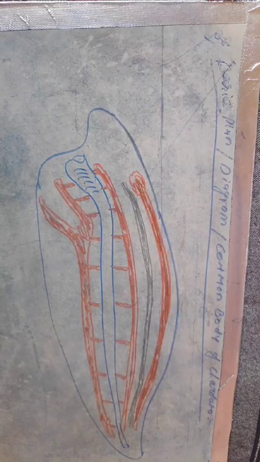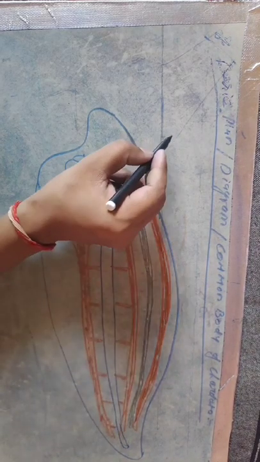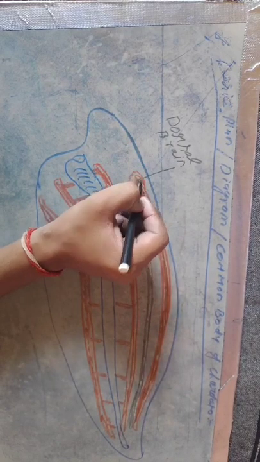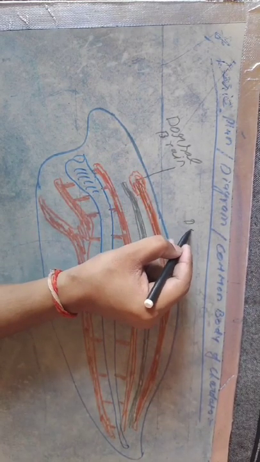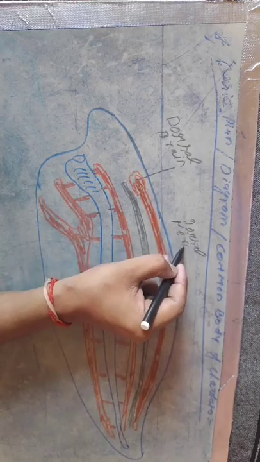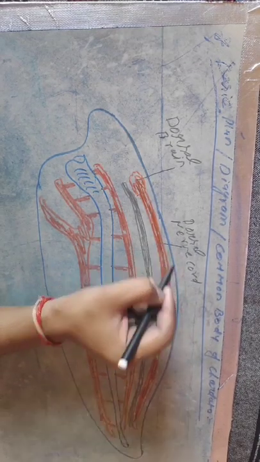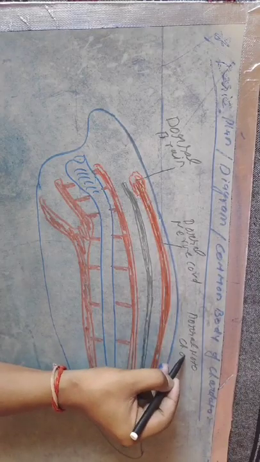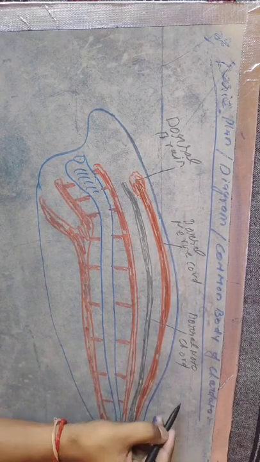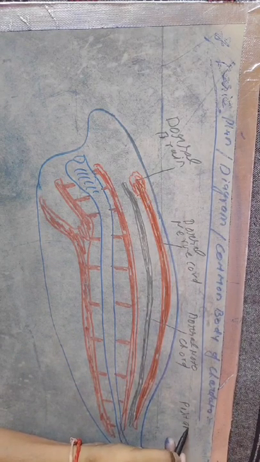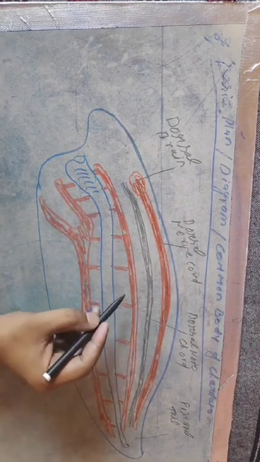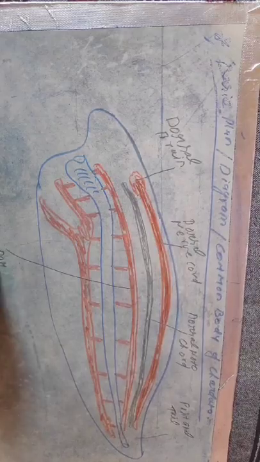So the diagram is, I think, completed, and I want to label it. The dorsal brain, but you need not write dorsal brain, only brain is enough. The dorsal nerve cord, the nerve cord associated with the dorsal brain. The dorsal notochord, an important key feature of chordata. The post-anal tail, it simply forms the tail. It is also a feature of the phylum chordata.